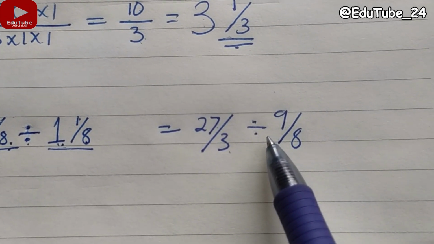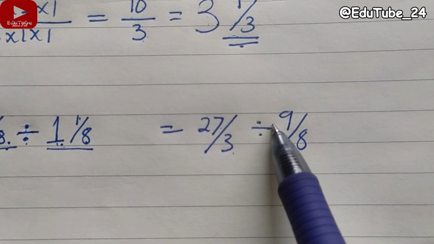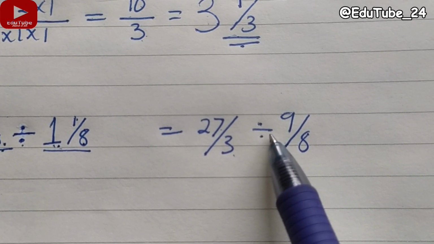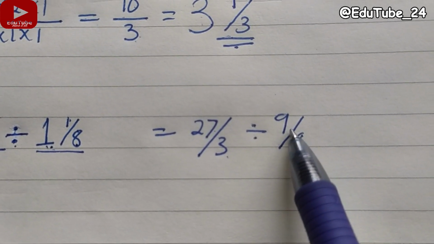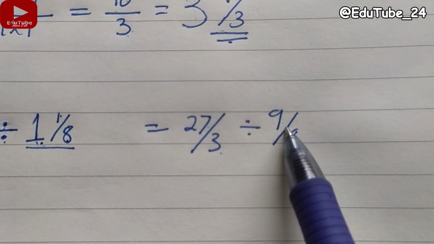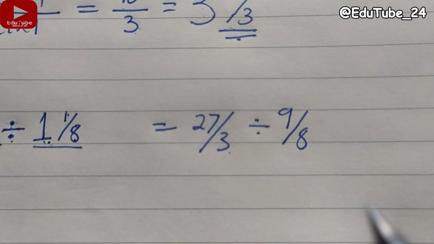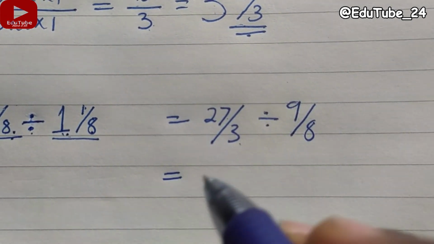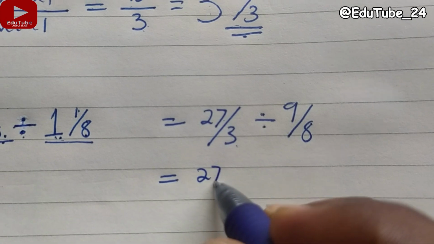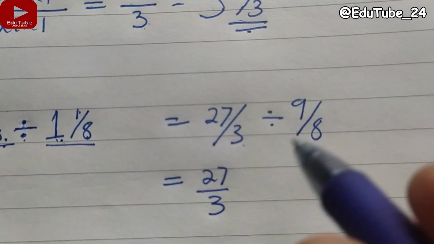I can't. I have to first of all convert this division sign into a multiplication sign, and that will have an effect on the number next to it, on the fraction next to it. So what am I saying in essence? What I'm saying in essence is that I will have 27 out of 8. Then this division